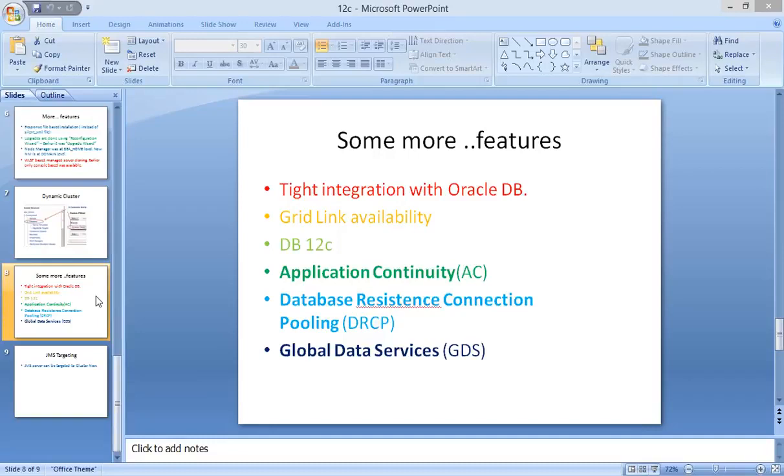This is from a database perspective. Oracle database is now very tightly integrated with 12c. It's pretty much like a package. Grid link is now available. Grid link uses the Oracle Notification Service, ONS. Instead of a listener model, we have an ONS model now. The ONS model basically provides high availability across RAC nodes. It has other features